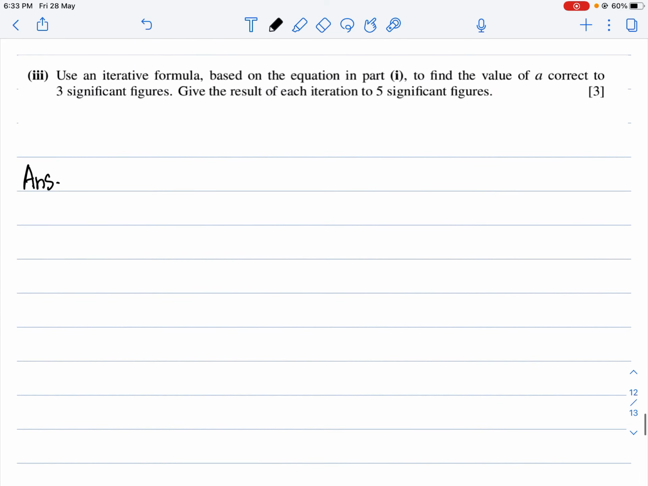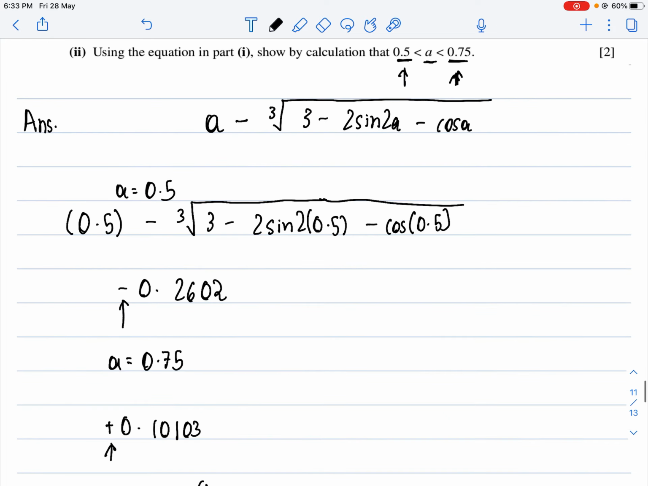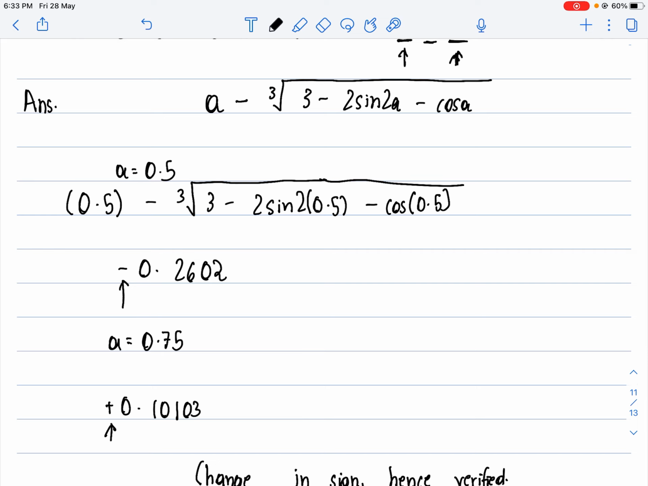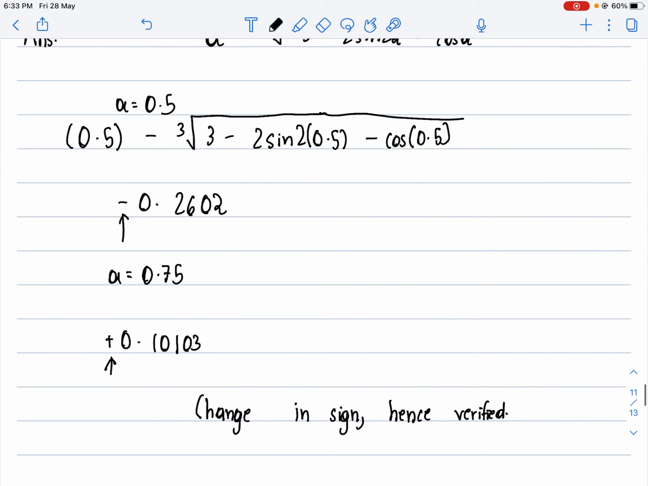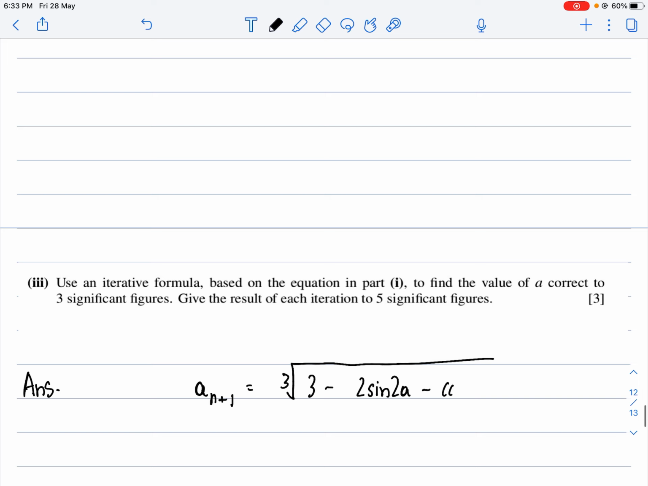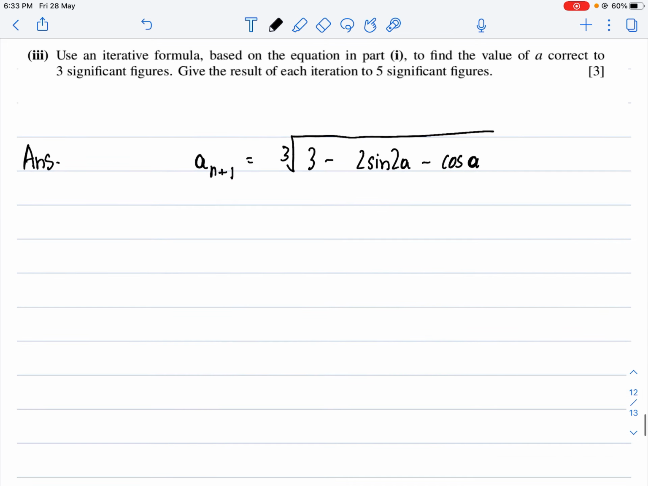Now use an iterative formula based on the equation in part 1 and find the correct value of a to 3 significant figures. So we can write our equation as a(n+1) equals the cube root of 3 minus 2 sine 2a minus cos a. My first step of iteration is always taking n as 0. So I can write a1 equals the cube root of 3 minus 2 sine 2